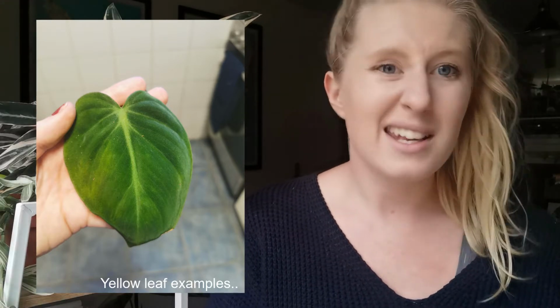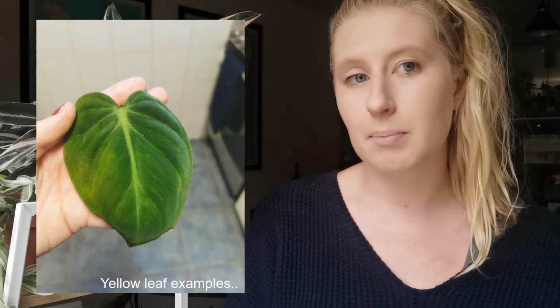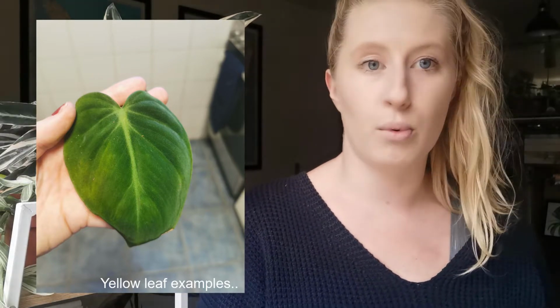When you might start to worry about yellowing leaves is when you're getting yellow leaves that aren't at the base of the stem, so maybe at the growth tip or in the middle of the vine, then that could be a cause for worry. Or if you're getting quite a few leaves going yellow over a long period of time, that is when you're going to want to check out what is going on with your plant, because it's probably not a natural process if you're losing multiple leaves or leaves that aren't the oldest leaves.